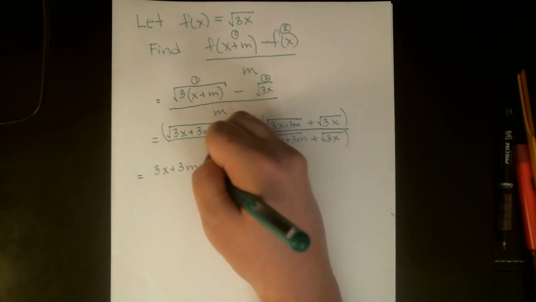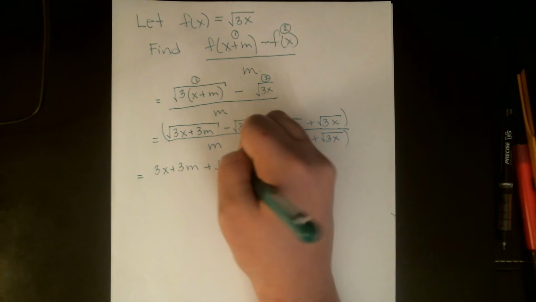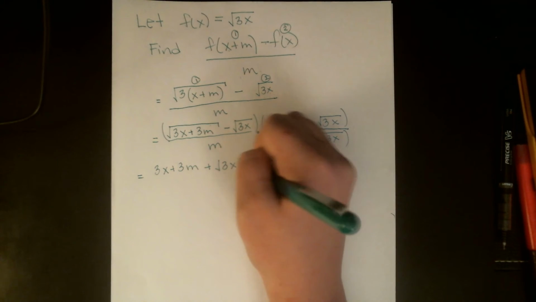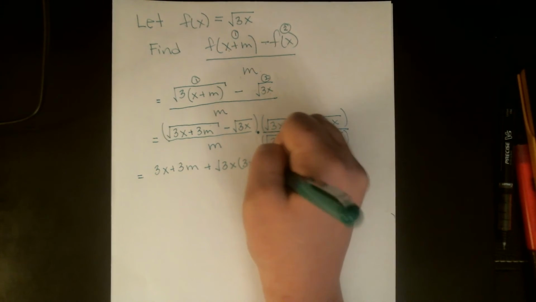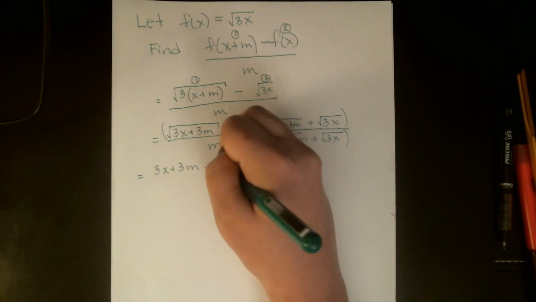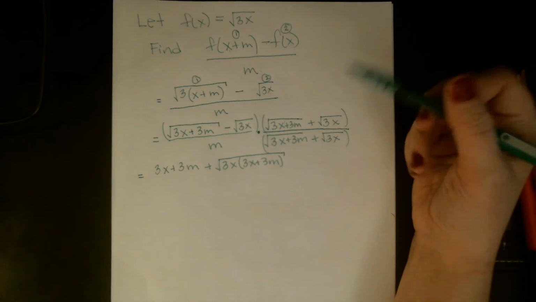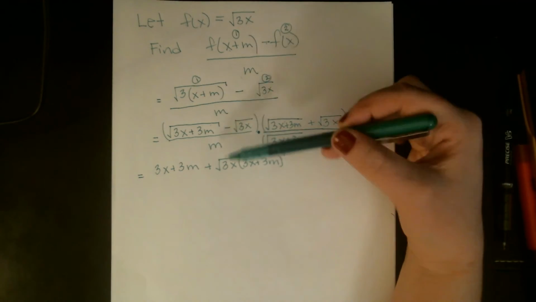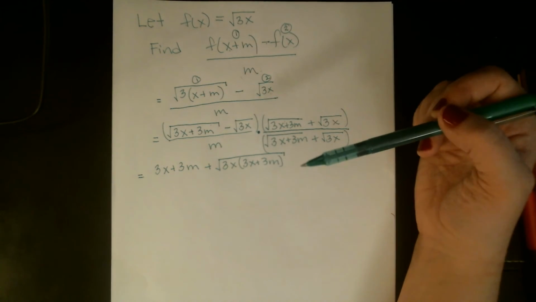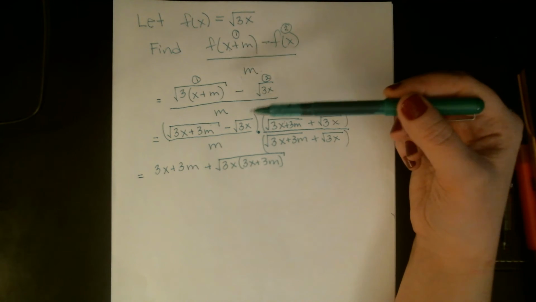You can leave that separate, or it's perfectly legal when you're multiplying two radicals to squash them together and just multiply the inputs. So I'm going to go ahead and do that just to remind you of that fact. Not loving it. There's a square root there. My whole hope was to get rid of square roots, but let's continue,